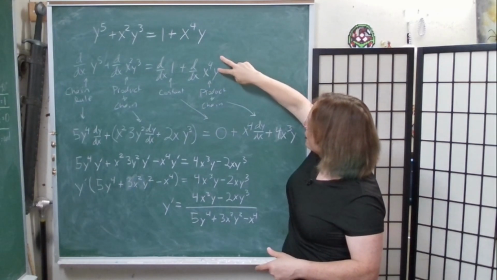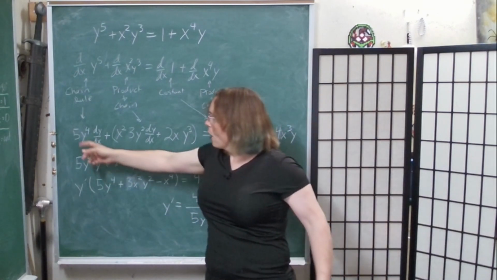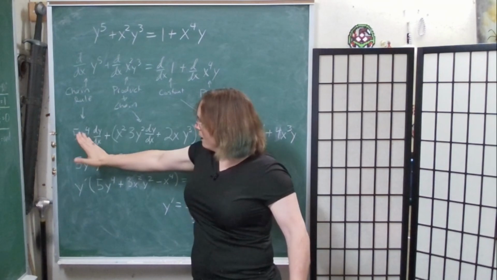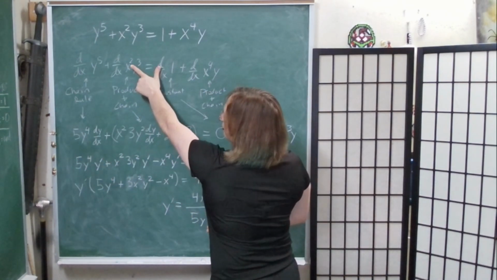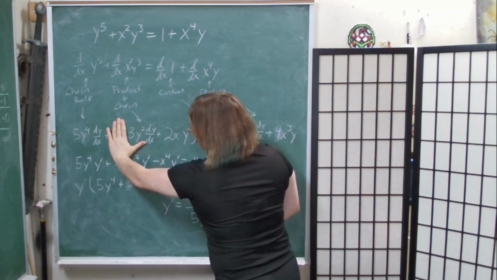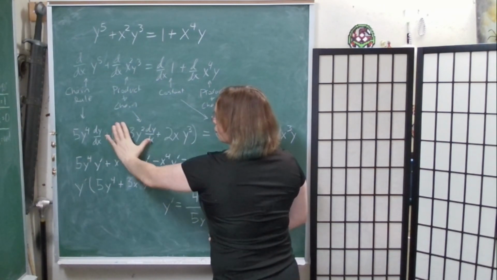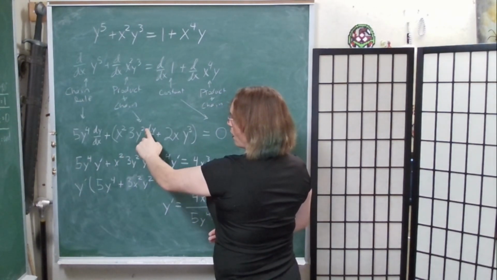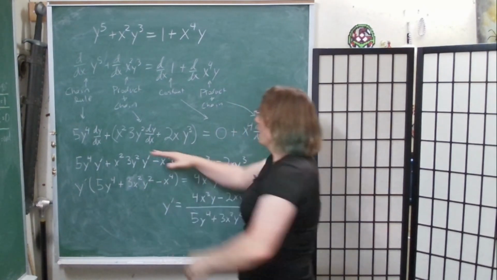And then on the next part, we had to use product rule, chain rule again. And when we do that, we come down here. Our basic chain rule gets us this part and then that part. And then our product rule, you can see that what we did was we took our f of x times our g of x, and then the g of x being the y cubed. So we take the derivative of the first part, which becomes the 3y squared, and then the derivative of the inside, so the derivative of y, which is just the derivative of y, and then so on and so forth